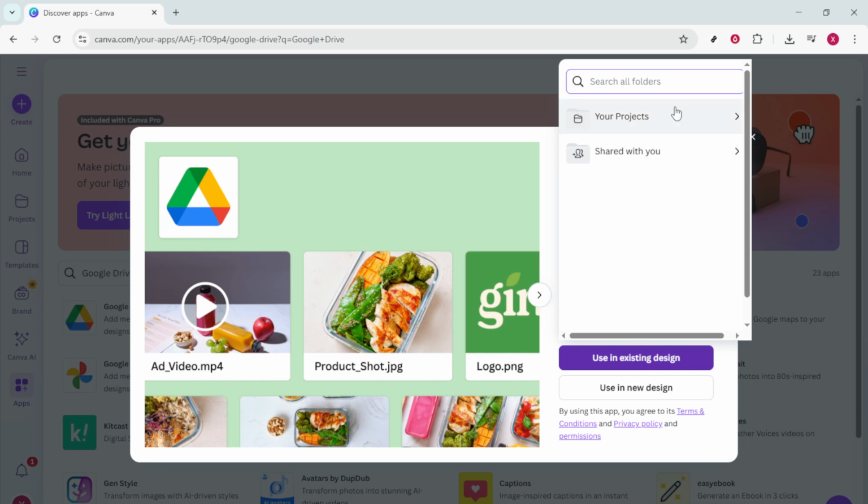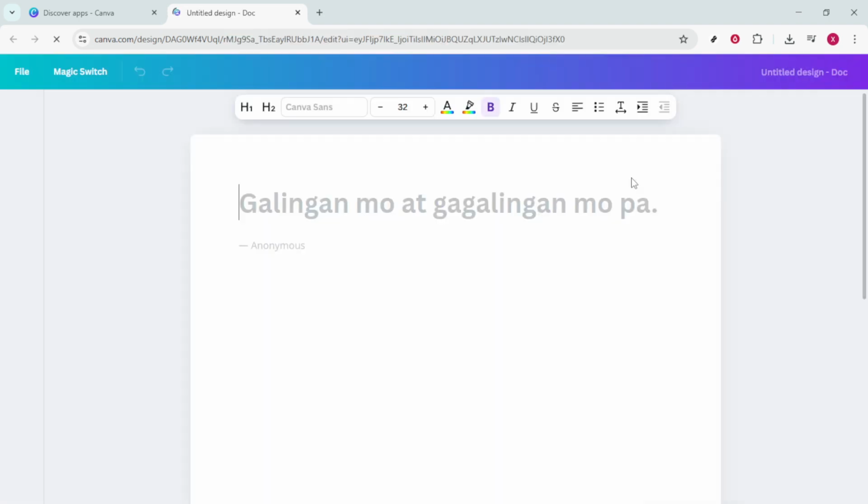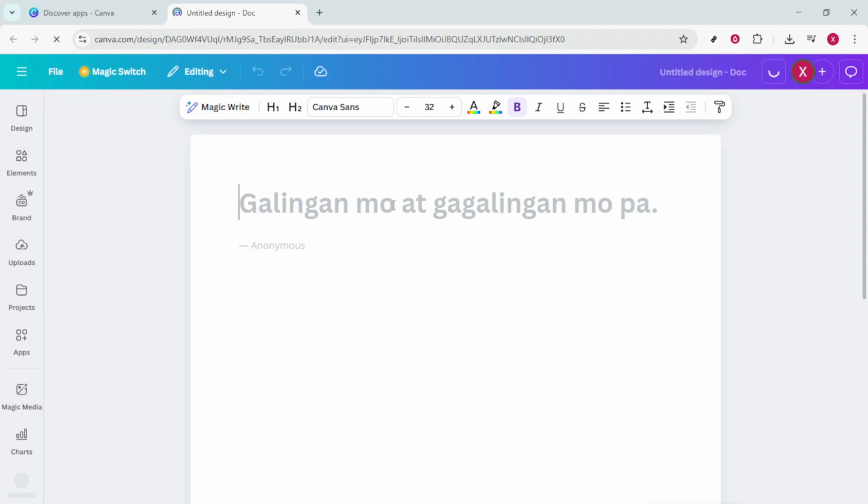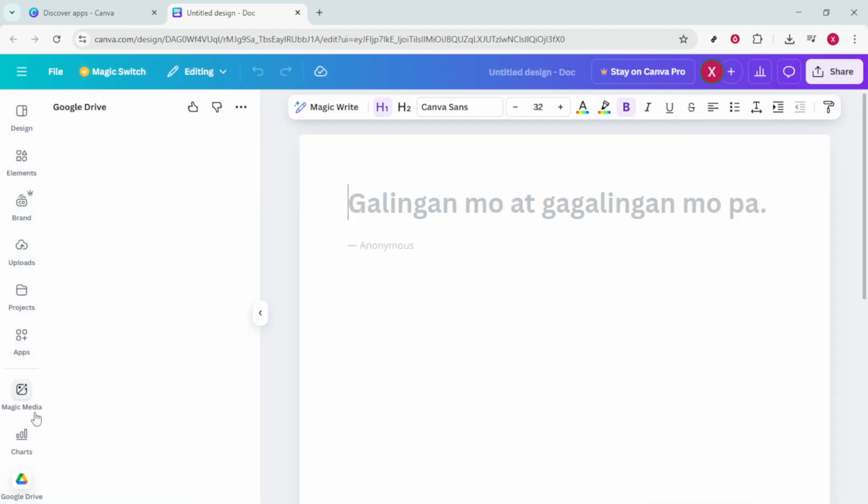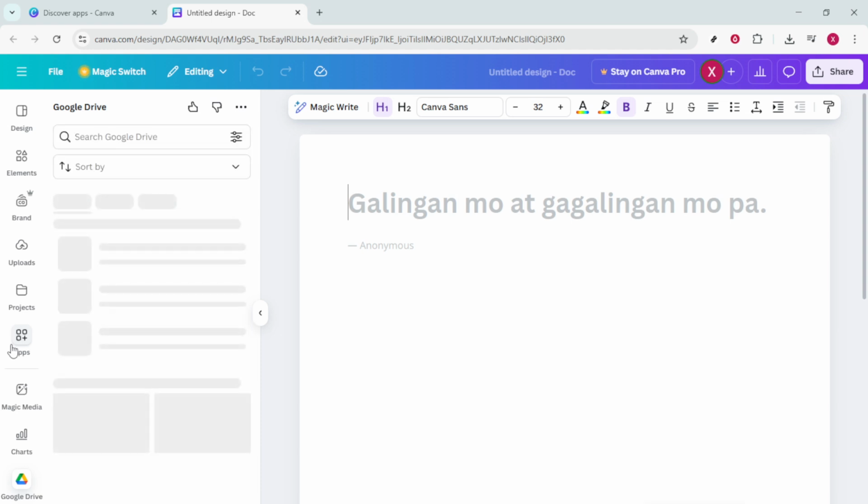The next step involves linking your Google account to Canva. This is a crucial step because this is where the actual integration happens. By clicking on the option to connect, you'll be prompted to log into your Google account if you haven't already done so. It's important to ensure that you're logged into the correct Google account, particularly if you handle multiple accounts